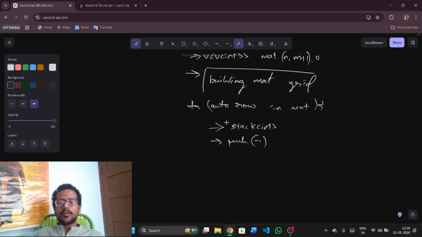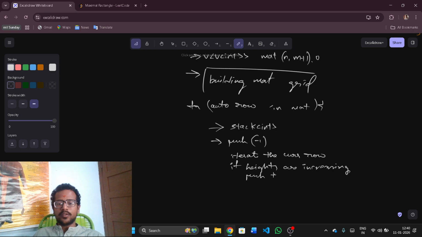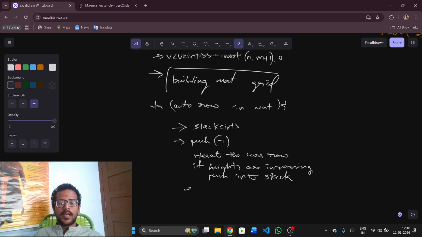For every row, I would create an empty stack and push minus 1. Then I'll iterate the current row. If the heights are increasing, push into the stack, else